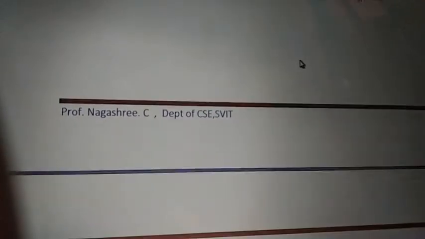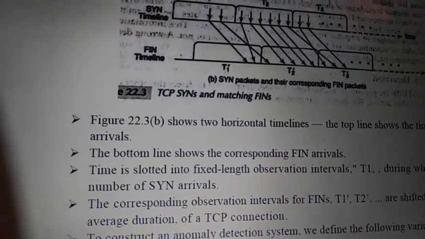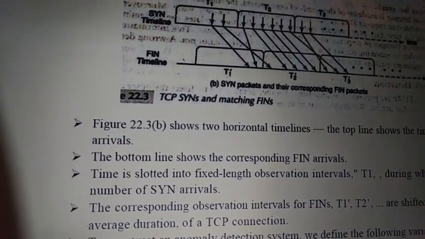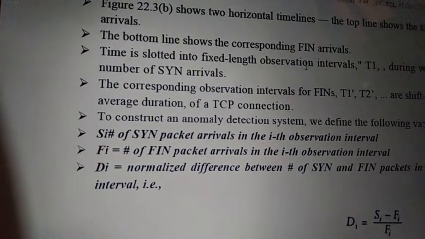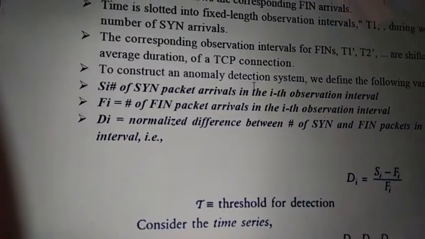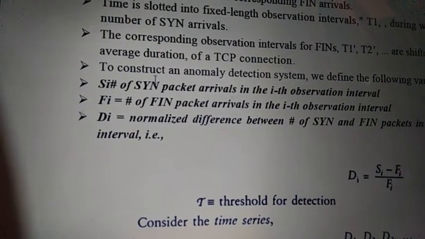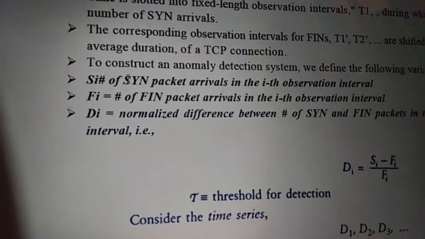If it is more, or if you are receiving it again, then based on that IP address and port you can say it is from a spoofed IP address. That is TCP connection establishment and termination: SYN X, SYN Y, and acknowledgement. Similarly FIN P, FIN Q. On the timeline, every SYN has a matching FIN. There will be fixed-length observations for each SYN and FIN. If there are more, or if you are receiving it again, that indicates those are spoofed.